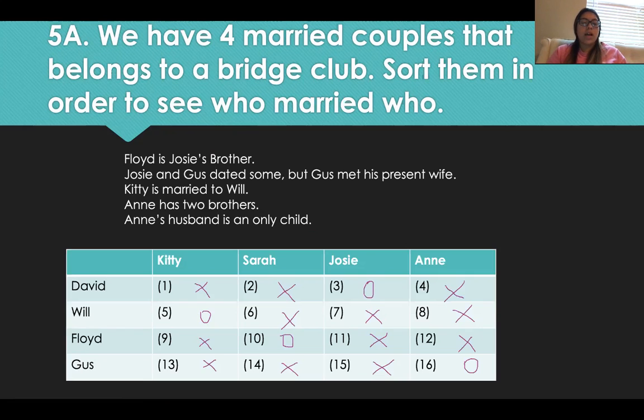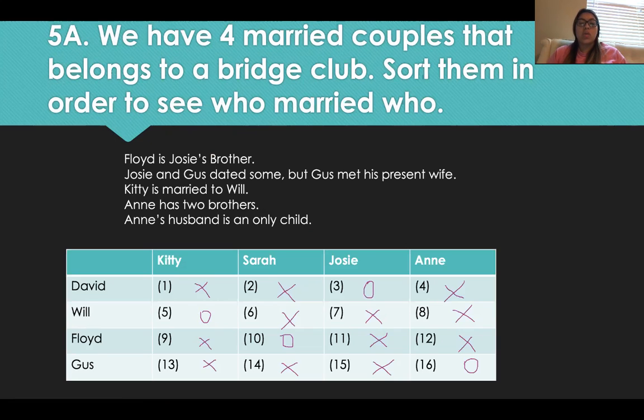In the next column to the right, Sarah has a brother, Floyd. Therefore, they can't be married, so you place an X on it. Josie and Gus are not married, so we put an X. They dated, but they're not married yet. They were never married. So you place an X. Josie is then married to David, and Annie has to be the only child, so it can't be Floyd because he has a sister. Last, Sarah and Annie can't be married to Gus,